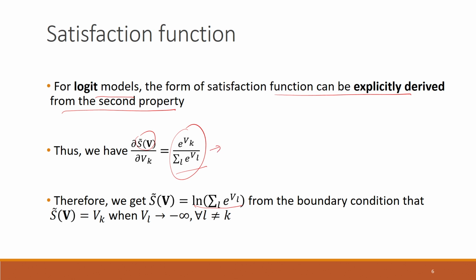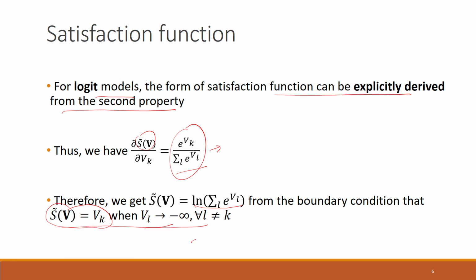condition: that the satisfaction value will be equal to the systematic utility of the kth alternative if the systematic utilities of all the other alternatives tend to minus infinity. Let us see what this boundary condition is. It is very easy to understand. If the systematic utilities of all the alternatives are going to minus infinity except the kth alternative, then since